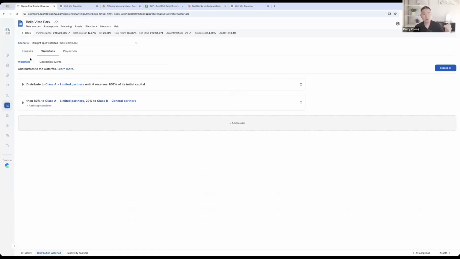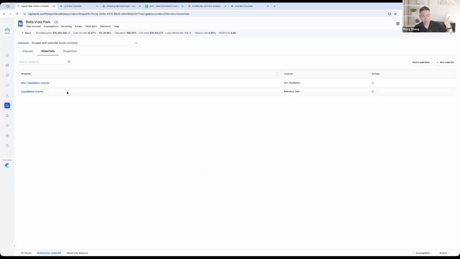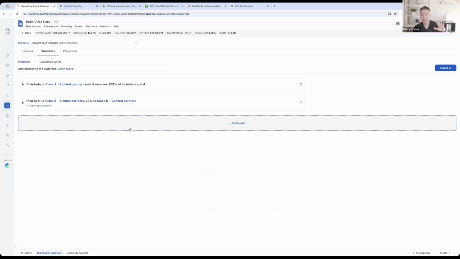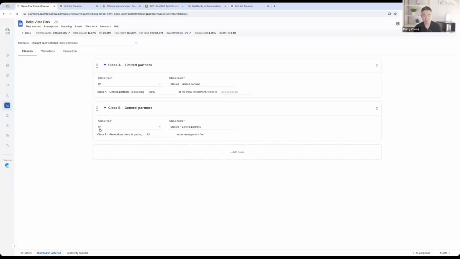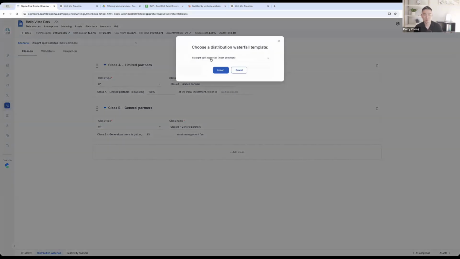So you have to model that during the asset management phase, it's an 80-20 split between you and the LPs. But then when you sell, you give 100% of the money back and then an 80-20 split. But if you want to have different kinds of waterfall, like a preferred return, or if you have mezzanine debt, or a preferred partner, or multiple LP classes, that's where it gets pretty complicated. And what we created is a distribution engine that allows you to allocate across the different classes. So here I have an LP and GP class, but what if I have a preferred return partner?